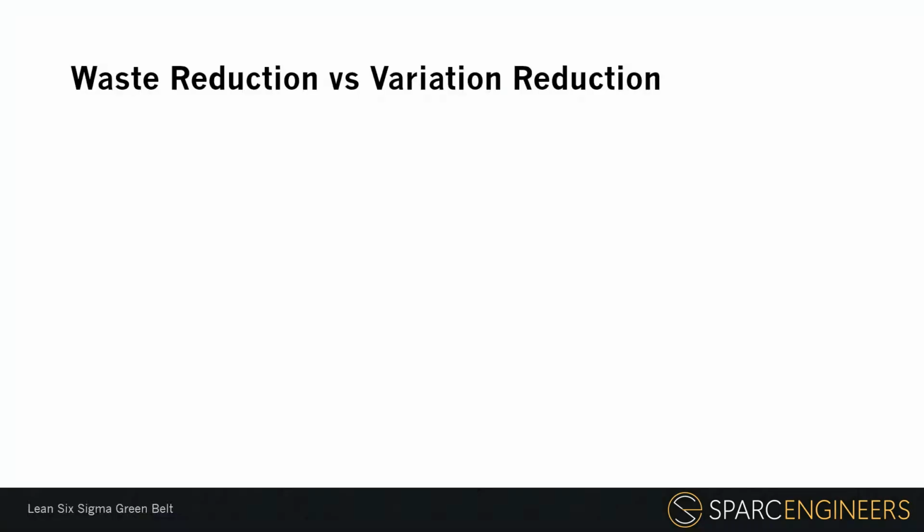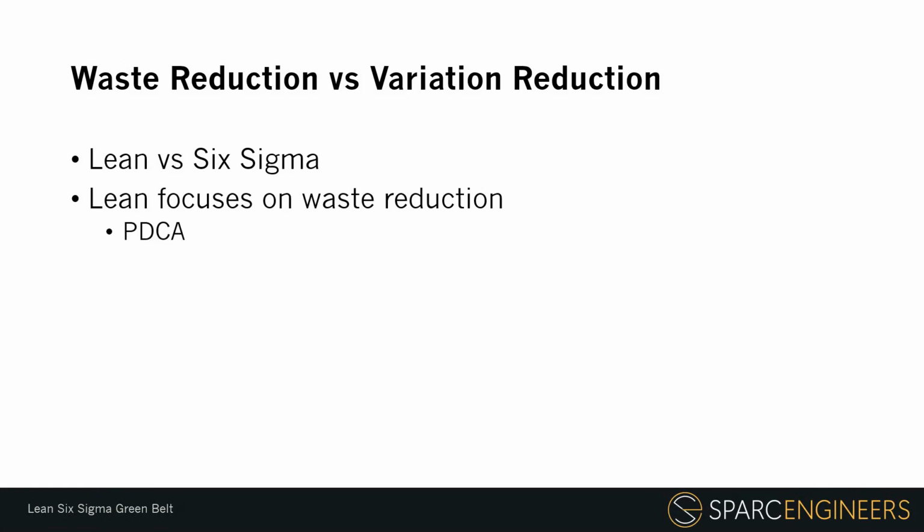Waste reduction versus variation reduction. Before we go deeper into waste, it is helpful to compare Lean and Six Sigma. Lean primarily focuses on waste reduction. The goal is to improve flow by removing activities that do not add value. Lean often uses the PDCA cycle: plan, do, check, act. That means we identify an opportunity, test an improvement, study the result, and then adjust or standardize based on what